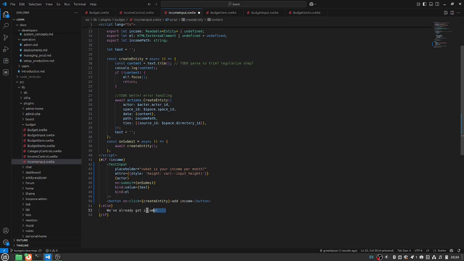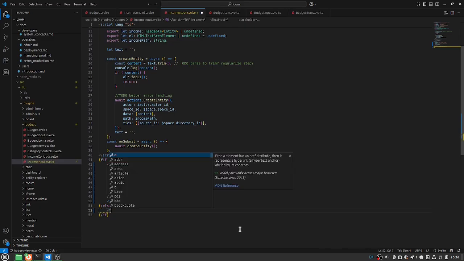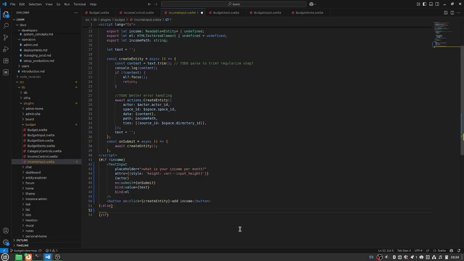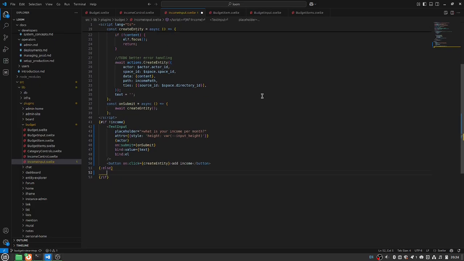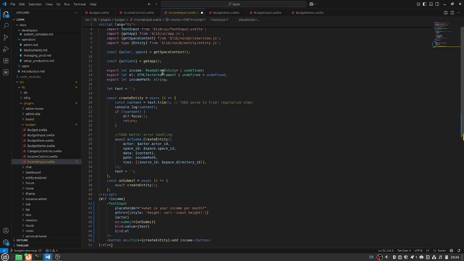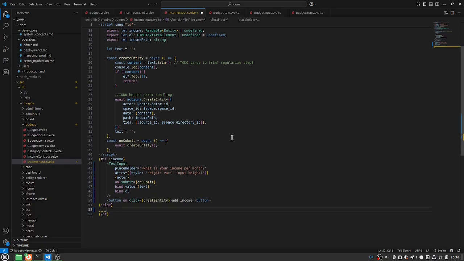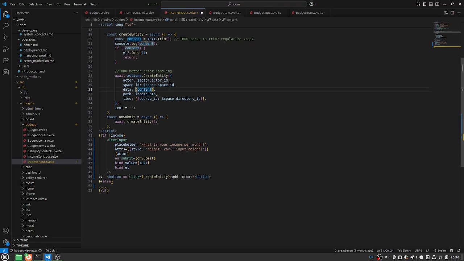So let's see about trying to display this thing. I think we might be able to get away with another. Well, let's not do a text input, right? So in this case, if we've already got income, income is a readable entity in this case. And the data is, I believe, essentially just the text. So here's the first thing we'll do, right? We'll do